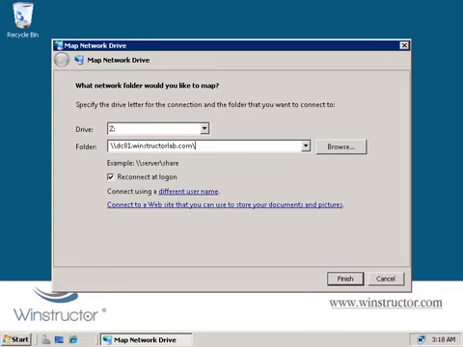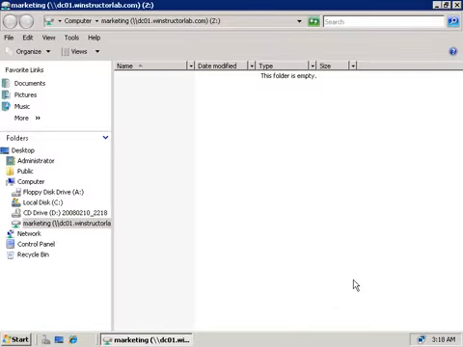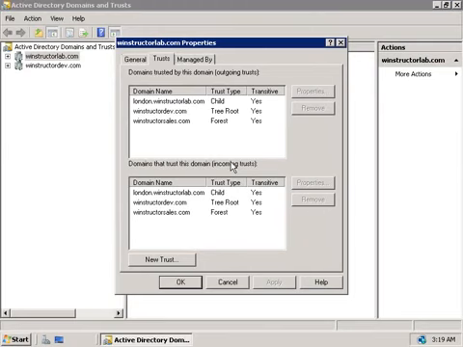And for the folder, we'll try to connect to dco1.winstructorlab.com/marketing, and then we'll click Finish. And there's the new share, fully accessible over our forest-wide trust that we just created. And the great thing was, it was very simple to configure.